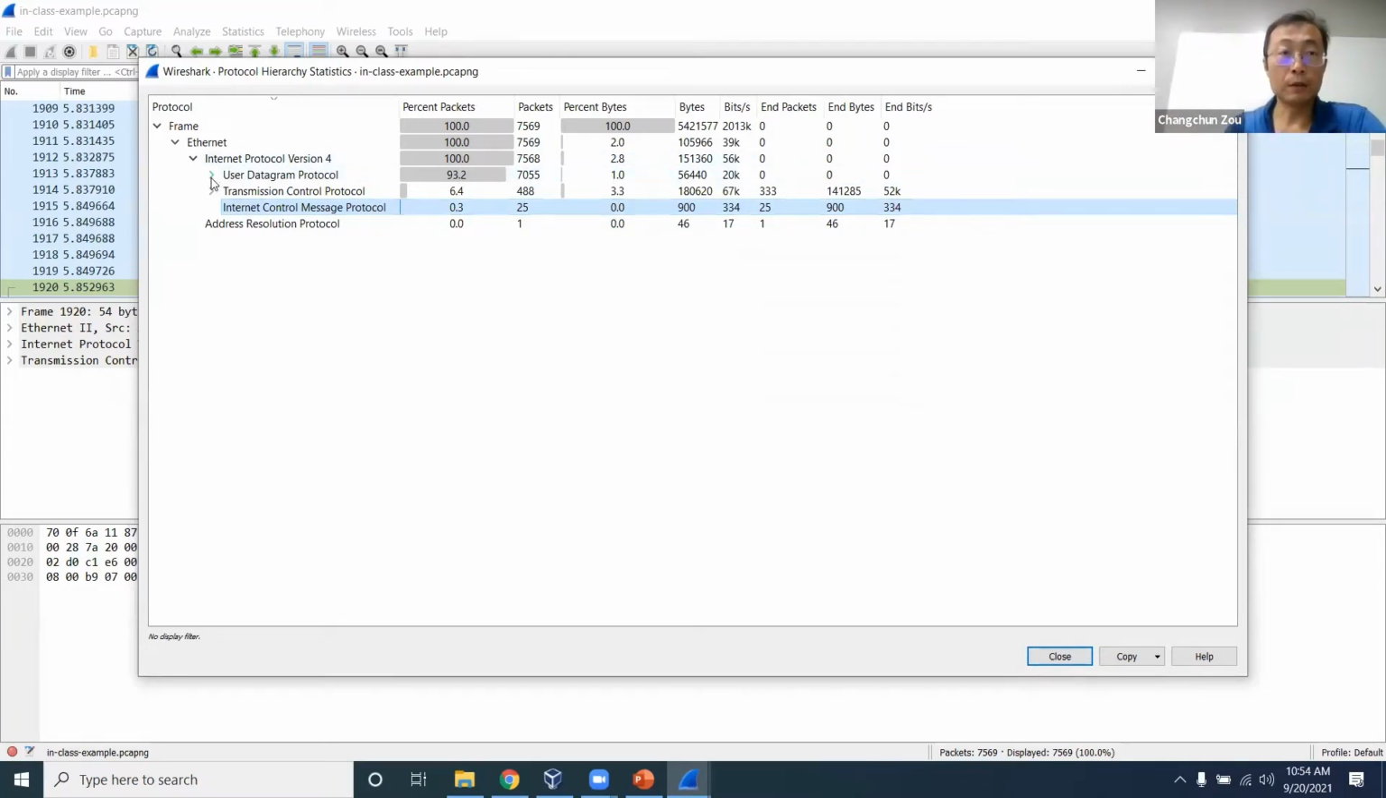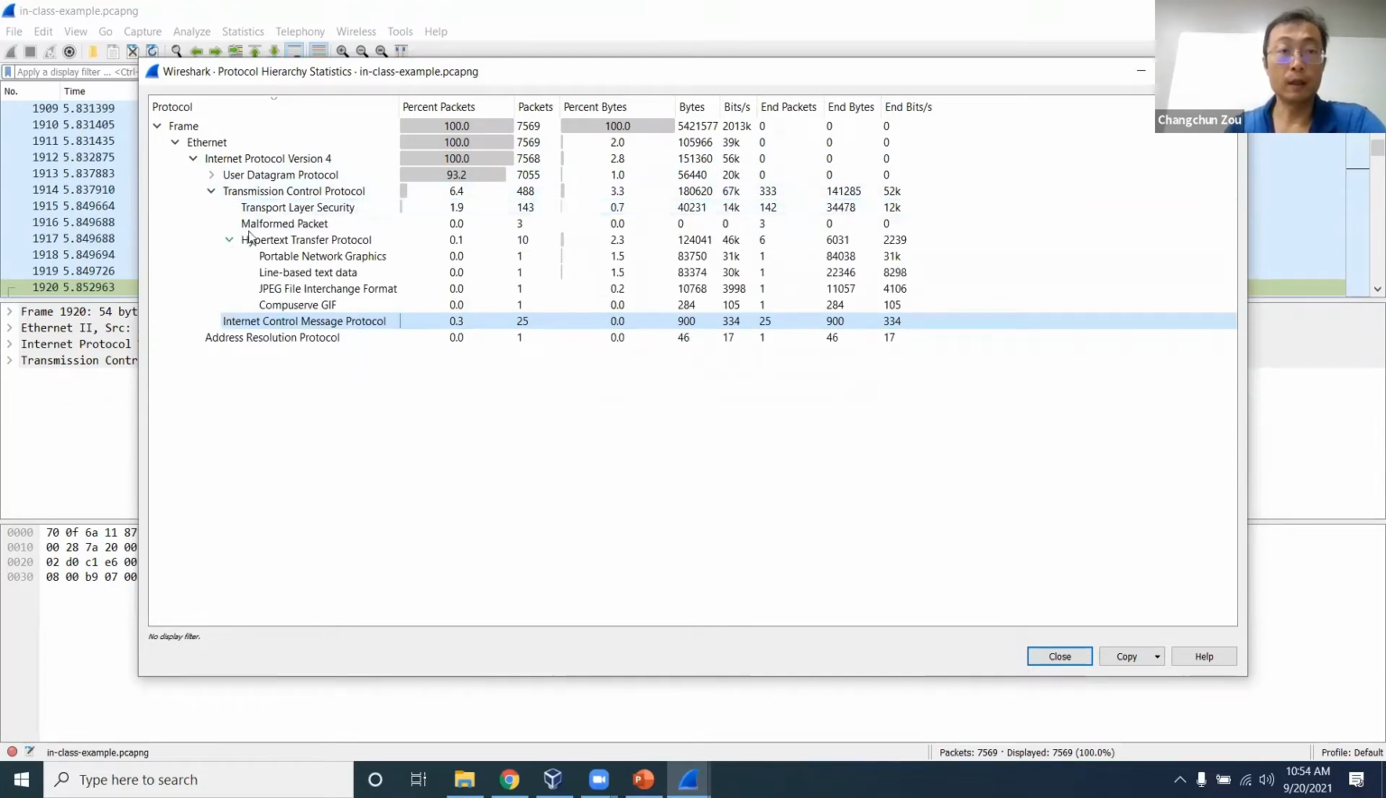So here, you can look for detail, like I can open this TCP, then you can see it's 1.9%, basically 143 packets using transport layer security. This is the TLS, basically for all HTTPS traffic, the secure web traffic. They are using TLS to provide the encryption on the transport layer part. So this is the TLS, and